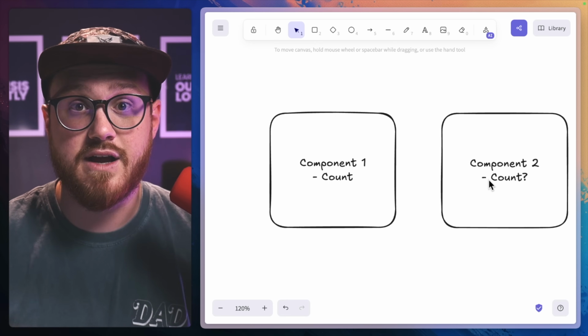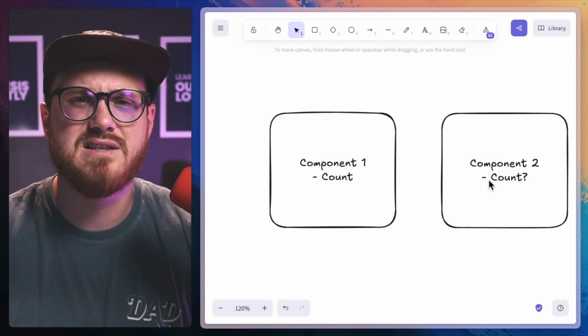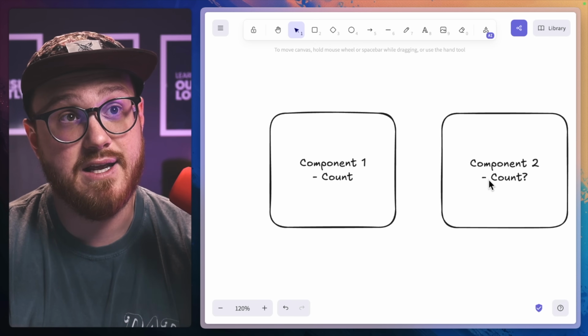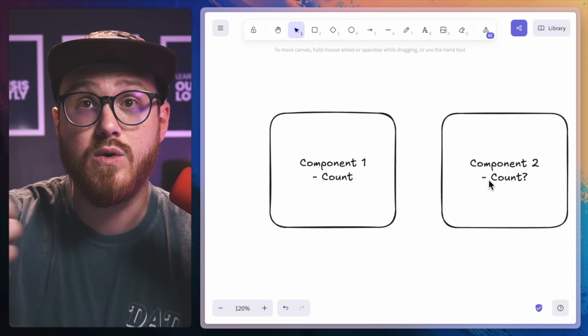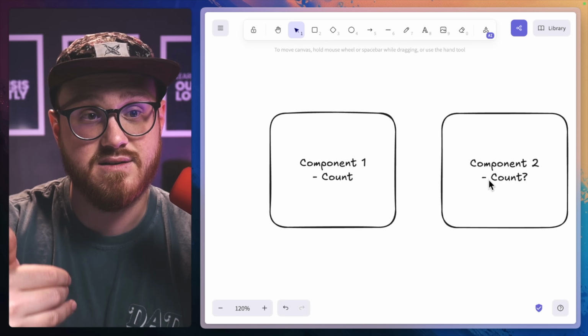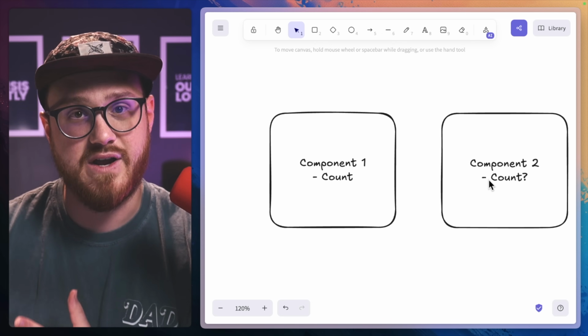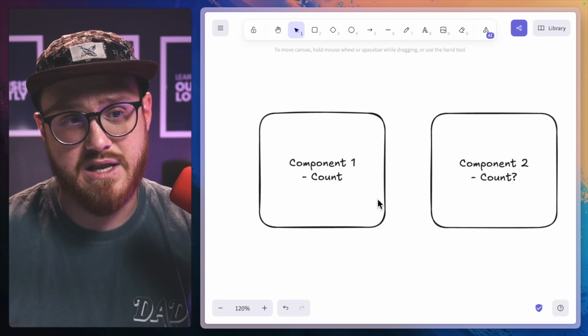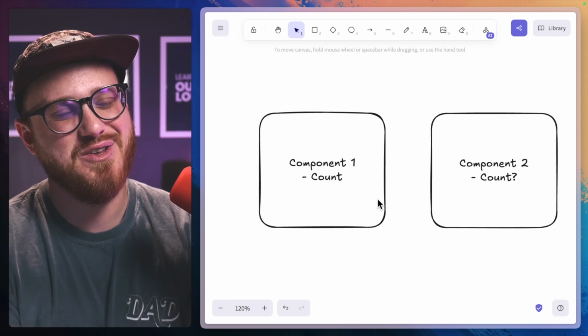Well, luckily, Livewire makes this incredibly easy. There's these things called events. Think of it as like text messages. Anytime you do something, you send a text, someone else is notified of that text, and then they can read it. If I send a text, someone else's phone gets that text, and they are then notified to read that text. Well, events in Livewire are kind of similar in a way,